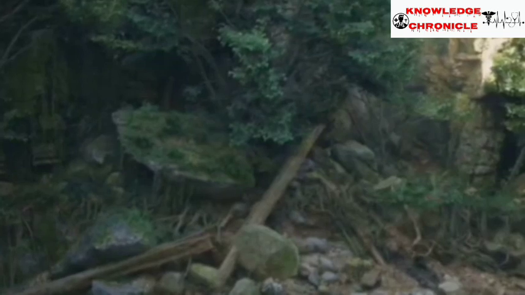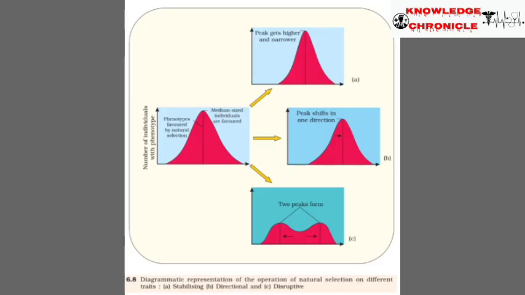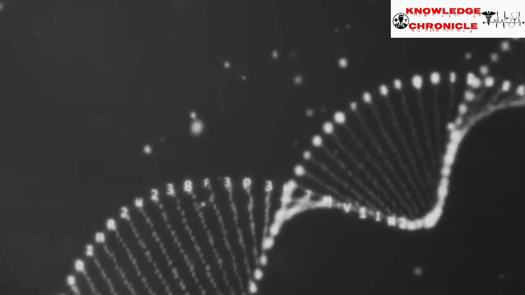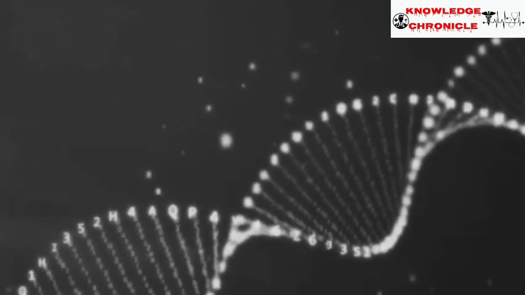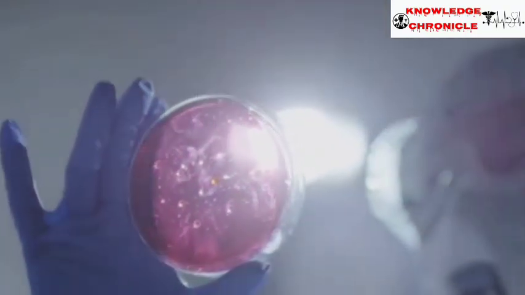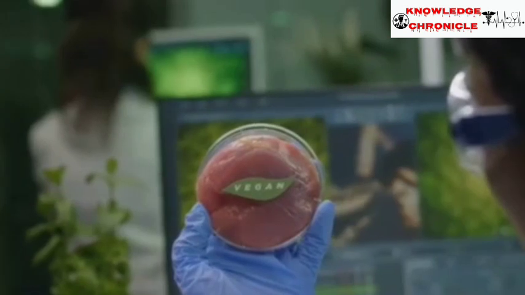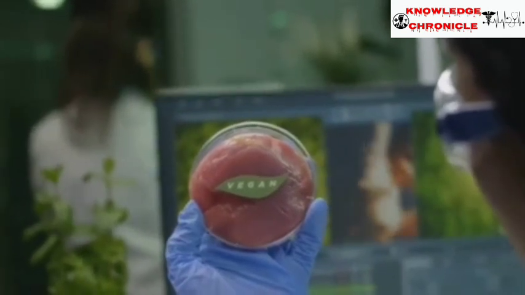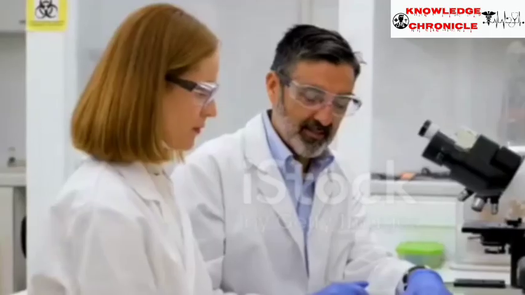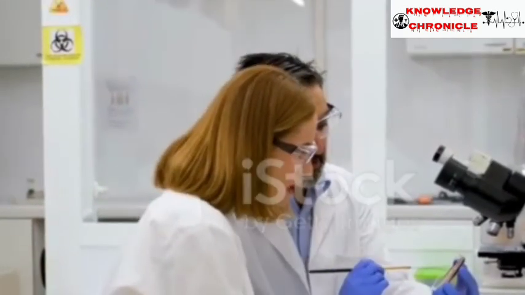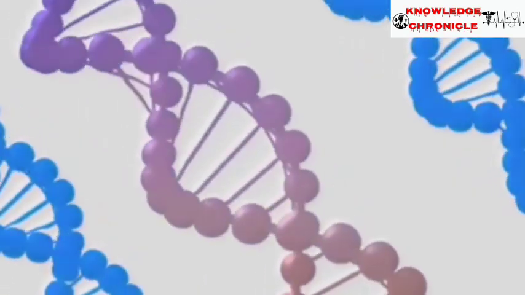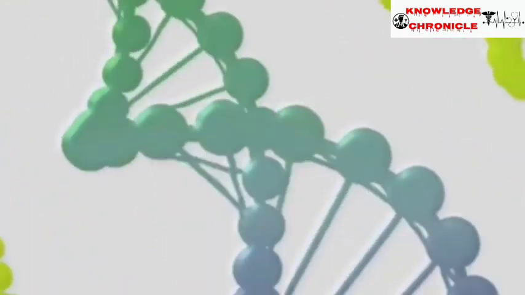So let's move on to directional selection. Directional selection favors one extreme of a trait within a population. For example, in drought years, birds with longer beaks might survive better by accessing deep seeds. Third, let's talk about disruptive selection. It favors both extremes, not the average. So, here's an example. In a habitat with black and white rocks, both black and white rabbits survive, but gray ones are easy targets. These types of selection change gene frequencies, driving evolution forward.